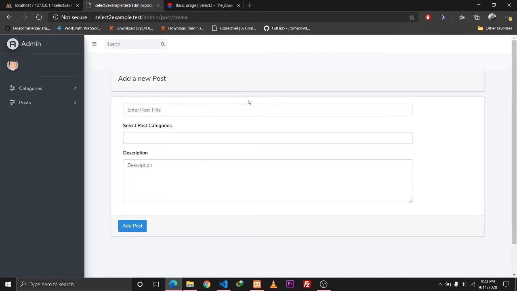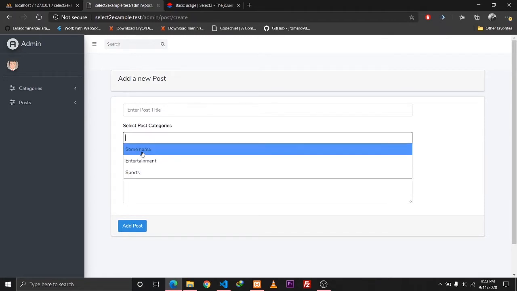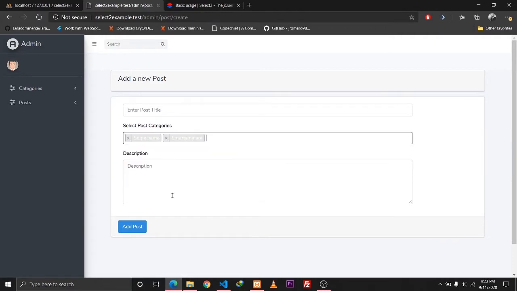So in our previous video, we implemented the functionality of adding a new post which could have multiple categories. So we can select multiple categories and add a new post. And in this video, we are going to be discussing how we can implement the edit functionality of a